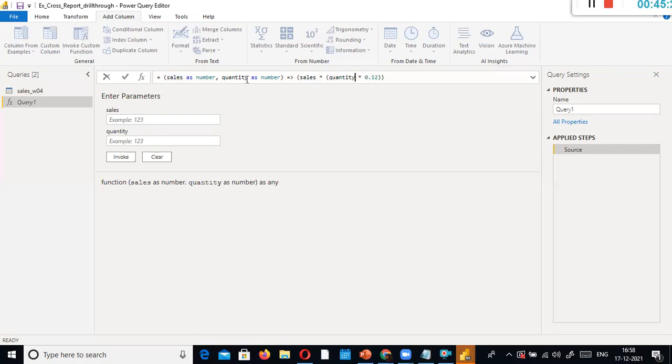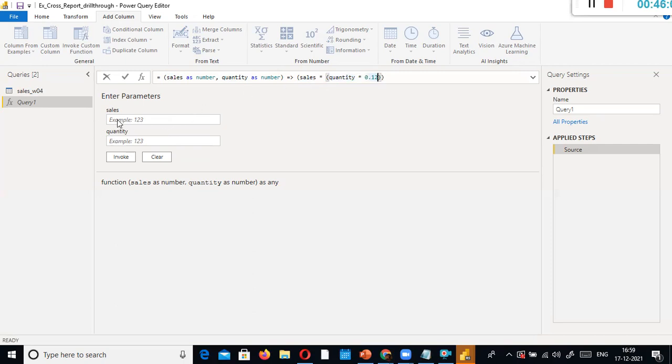Let's say your manager has given you some formula, right? Those people who purchased more than 5,000 rupees, we can give them 100 reward points. You just think that way. This is the formula given by my manager. So this formula takes into account this one. Those customers purchased, right? The sales, those customer sales is more than 5,000, let's give some 0.12 multiple. This is my reward points. Based on this, I'm going to give the reward points, and the more the quantity, the more the reward points. You will get it.